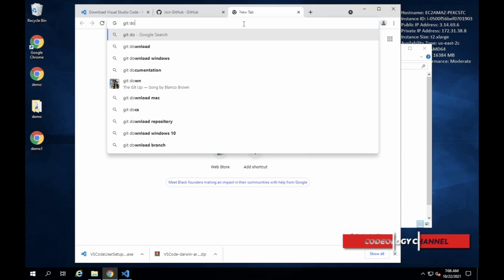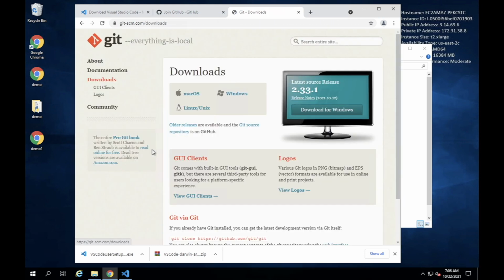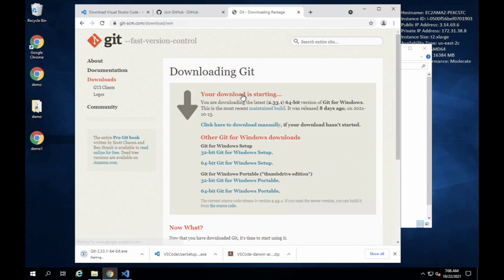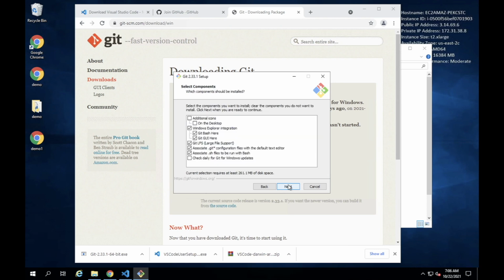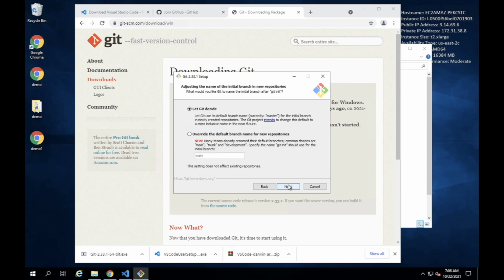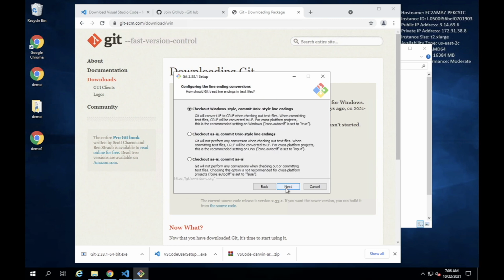Git download. Okay, you need to download this Git. I will give the link in the description, don't worry. Here I can download the Windows version. If you are on a Mac, you can download the Mac version. The Linux version is here. I will download the Windows version. I downloaded it now. I can just double click here, and the same stuff, next, install. Next. Oh my god, there are this many nexts.